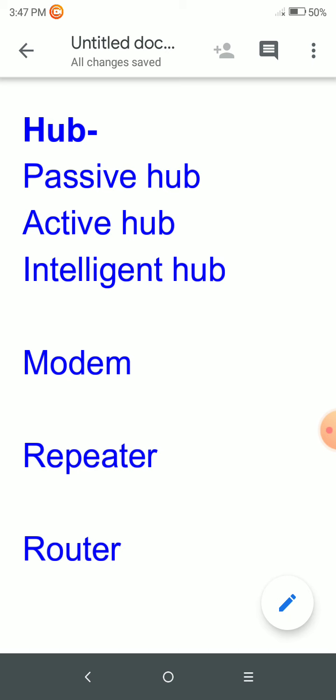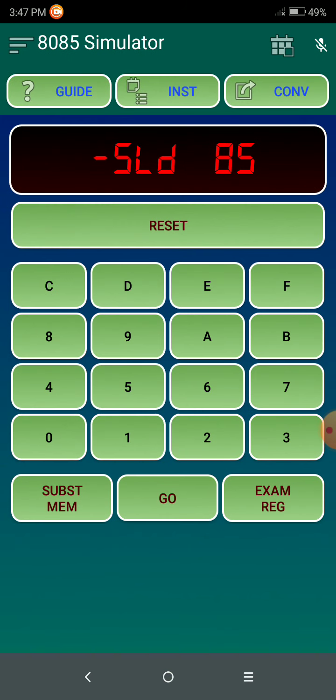Afterwards I will tell you to download the app. Now I will show you which app we have to download. We will start our practical programs, and how to do practicals, I will also tell you in the next lecture. Before that, you must download the 8085 simulator, which looks like this. Go to the Play Store and type there 8085 simulator. It will look like this. It has a small memory requirement, about 1.5 MB of data is required, and how to run programs and all, I will teach you in the next lecture. Before that, we have to download this